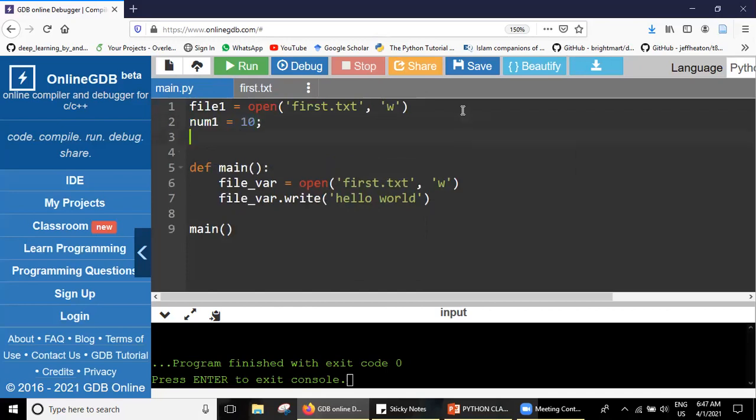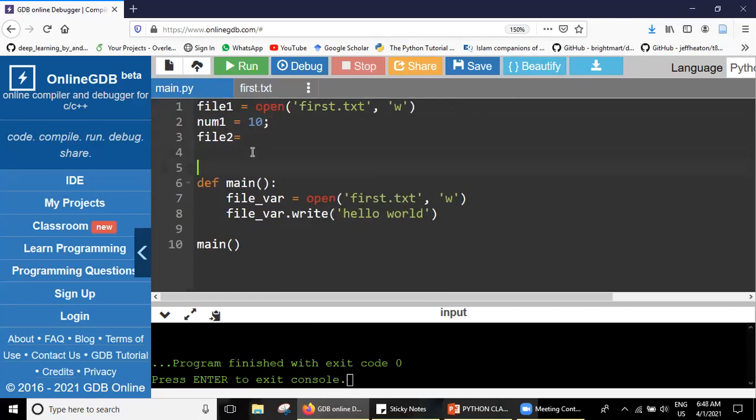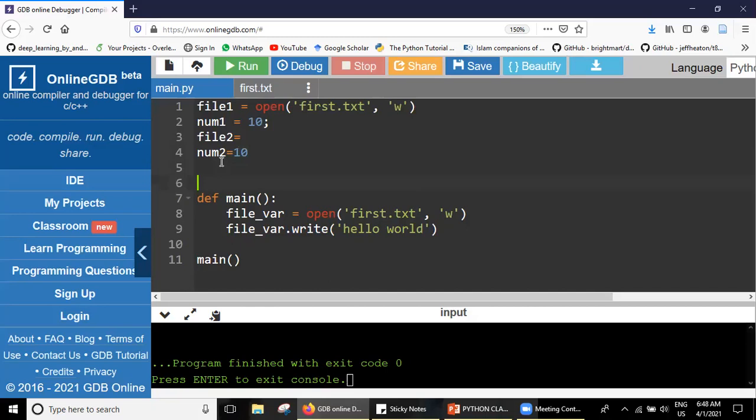Then I create another file 2 and do some other operations on it. Then I want to perform some calculation on number 1 of file 1 and number 2 of file 2. When I am performing these operations, sometimes I may need to store the values of these operations, and sometimes I can take the same variable or a different variable.